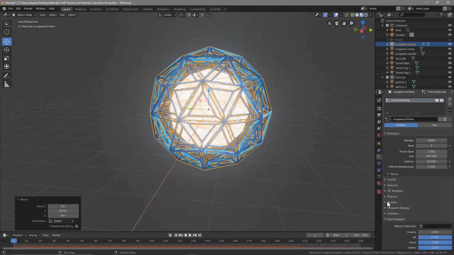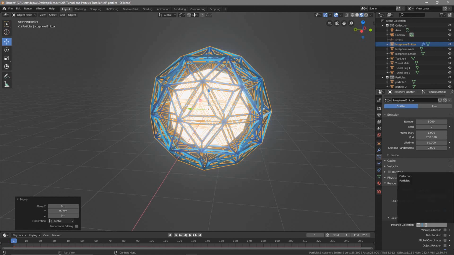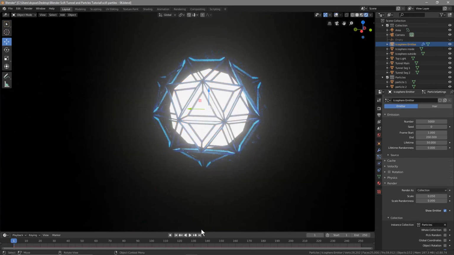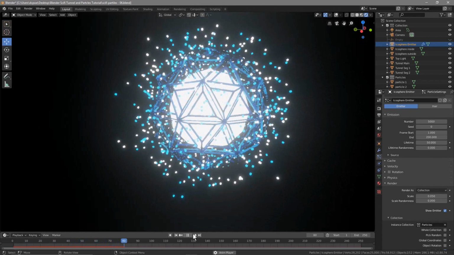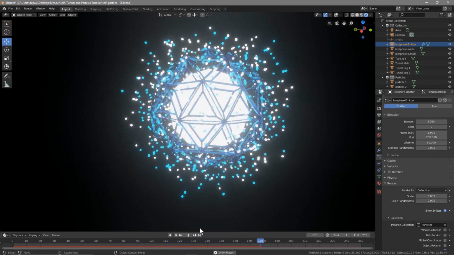For now, we need to go to render, and in Halo we need to select collection here, and then in instance collection select particles. And if we go back and then go to our render view, we can turn off the overlays and click play, and now we see those particles flowing out like this. So we want to rotate this Ico Sphere,